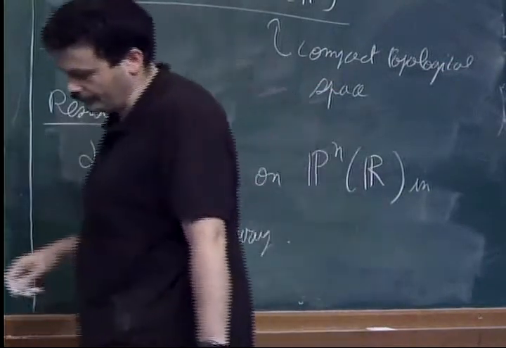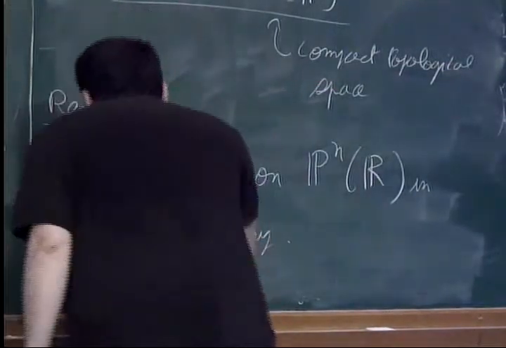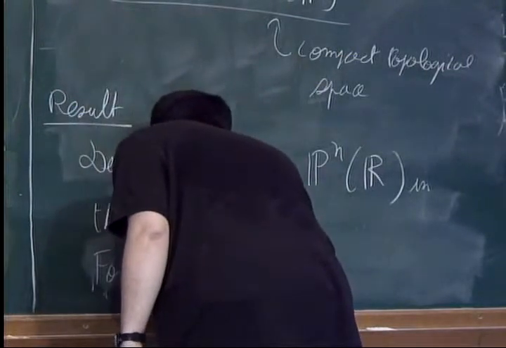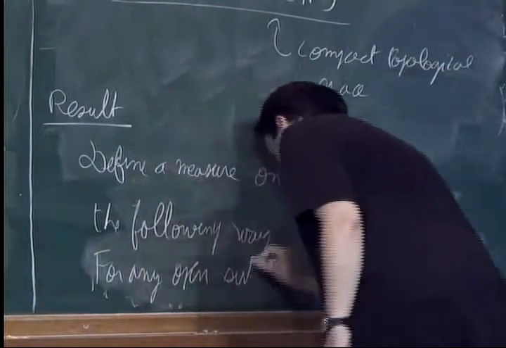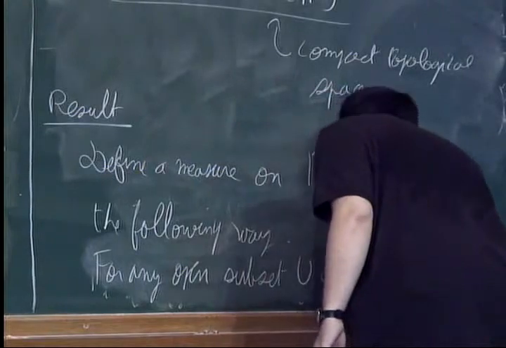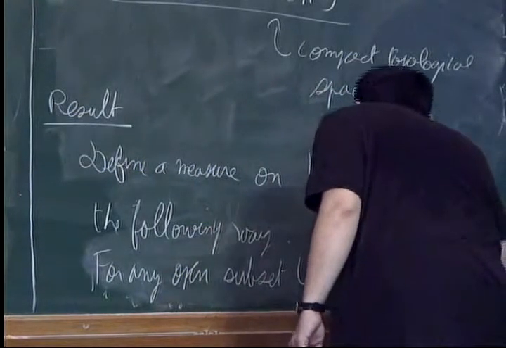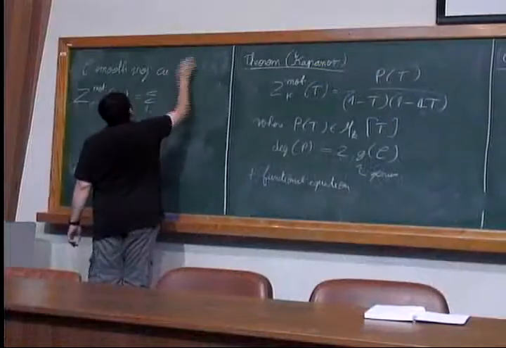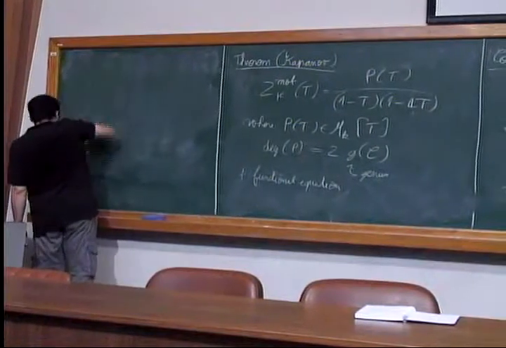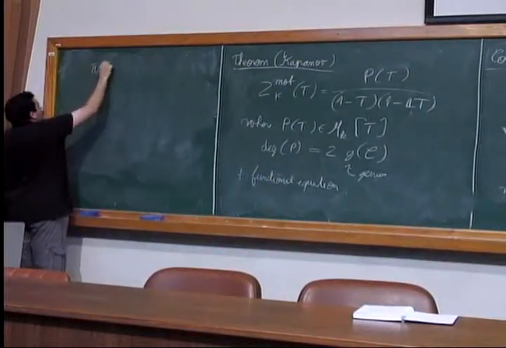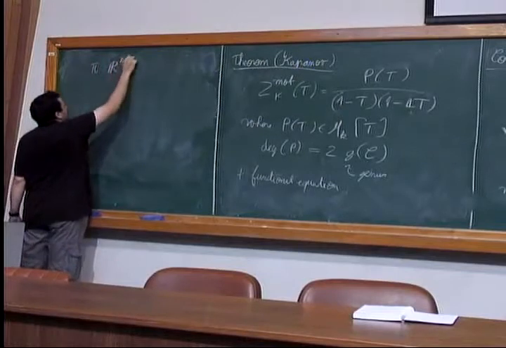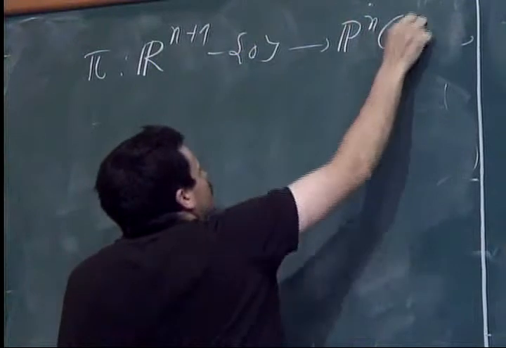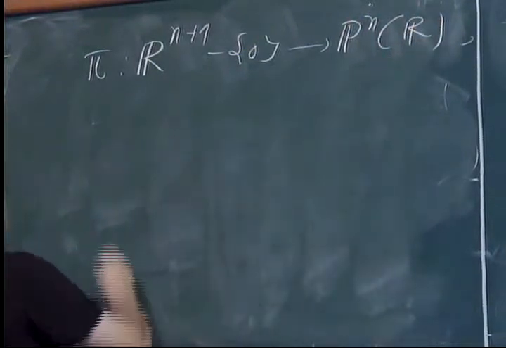So it will be a Borelian measure. So for any open subset U in P^n(R), well, I should have written, let me put a notation: pi will be the map from R^(n+1) minus 0 to P^n(R). Then omega of U